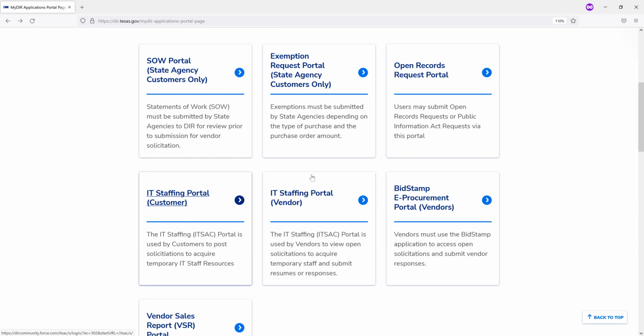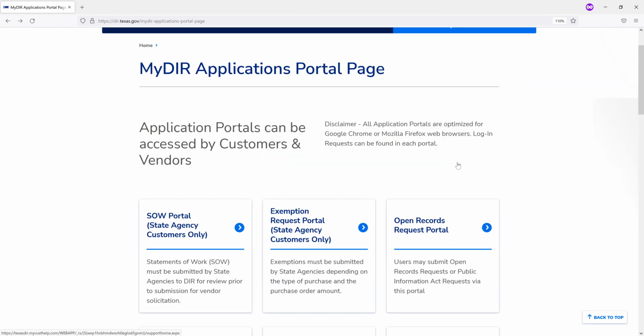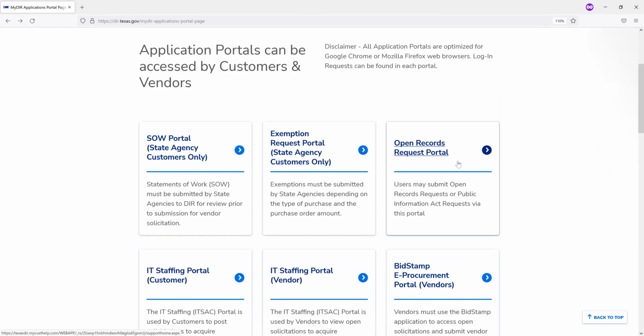And then for submitting one-time exemptions or exemptions for local cooperatives, you will have to use the exemption portal. And if you ever have an open records request or a PIR, you will use this portal here. But they all have different logins. We are looking to optimize our credentials, because I think that's another piece of feedback that a lot of people have: why do you have to maintain multiple logins?